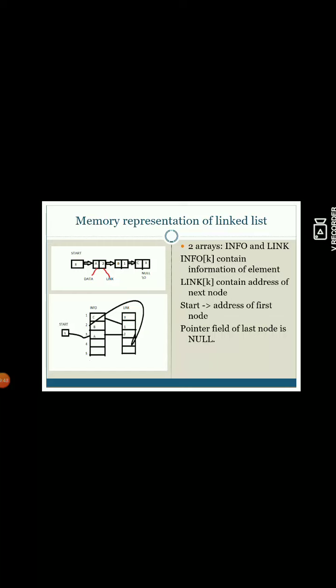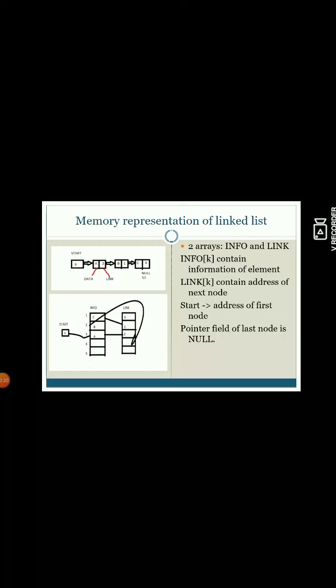Now at the third memory location, I store the data A. So here I join 3, the sequence number 3 from the info array, and at the third location, I put the info or data as A. Then exactly in front of that A, in the link array, I put the address of its next node, which here is 2.